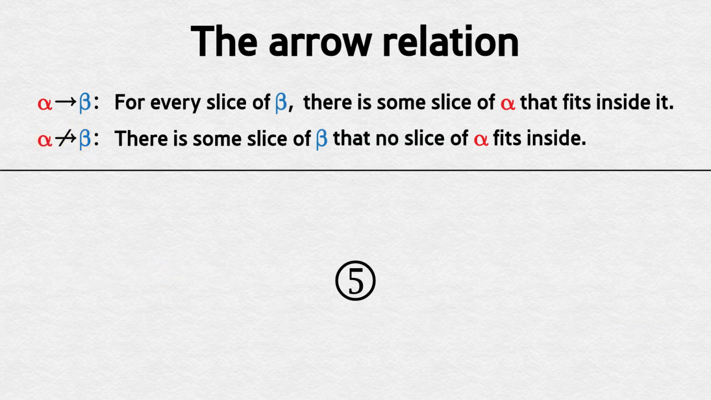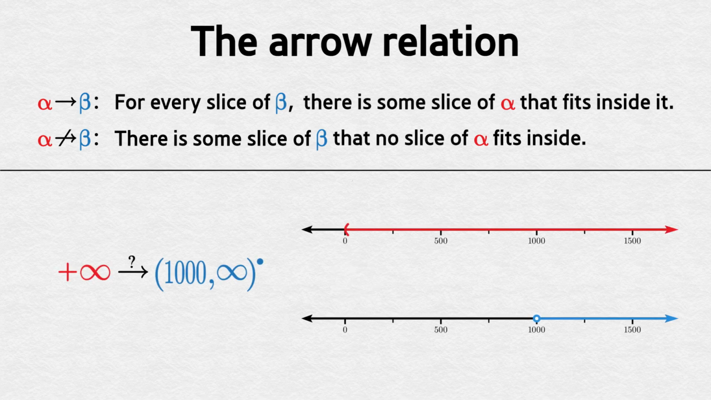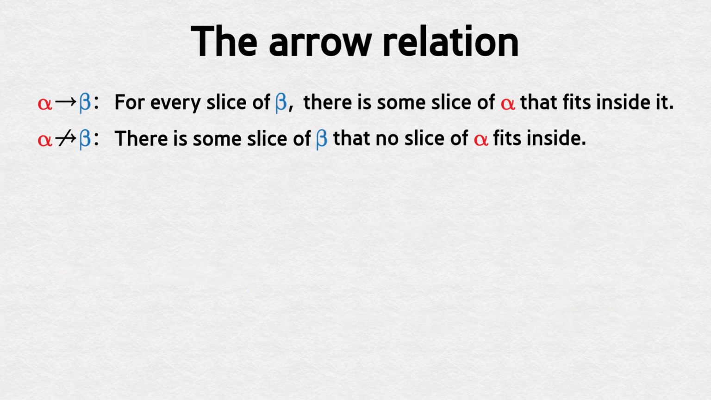What if we reverse their roles? Does positive infinity fit into the constant interval 1000 to infinity? Yes, in this case, the game's pretty easy. Since the leader doesn't squeeze at all, there's just one target to hit. Can positive infinity squeeze enough to fit inside? Eventually, yes. The takeaway here is that we need to know exactly what it means for one near number to